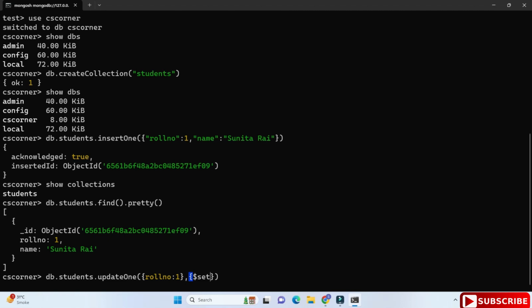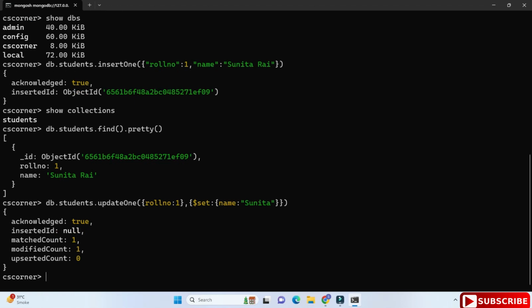This is used to change the value of attributes, whatever you want to change. So name: I'm writing name as Sunita. For roll number 1, the new value of name will be Sunita. Previously I entered Sunita Rai, now I am entering Sunita. Then I am going to close this curly bracket. Closing of the curly bracket is done. Okay guys, so you can see the record has been updated. For roll number 1, the name was Sunita Rai, now it's showing Sunita.